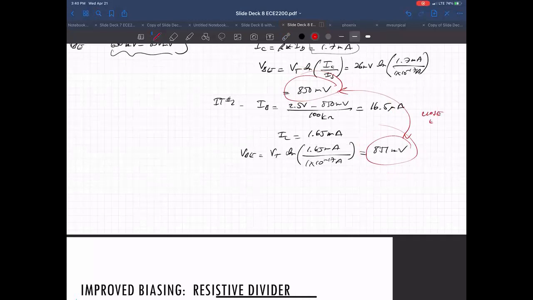And you can also see it in the collector current. When 1.65 milliamps versus 1.7 milliamps, those are pretty close numbers. So we can say that's the value. So in summary, we end up with I sub B being 16.5 microamps, I sub C being 1.65 milliamps,